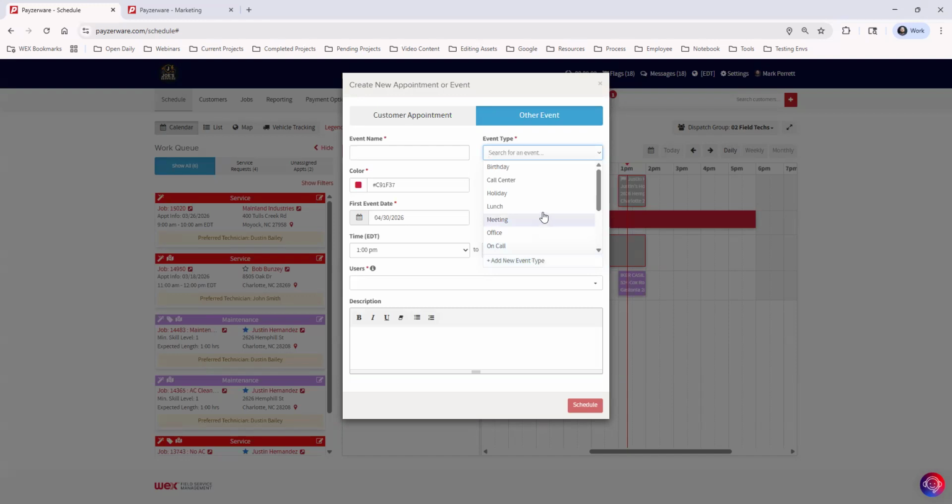And then you can also do sales meetings. So maybe you want to set up a sales meeting for your service department, and this will then put a sales meeting appointment on their calendar. So they'll look at their appointments for the day, and they'll see there's a sales meeting. So maybe the sales meeting is going to happen